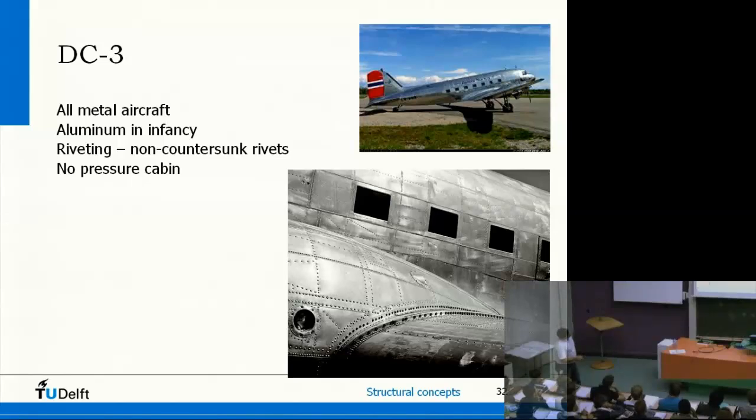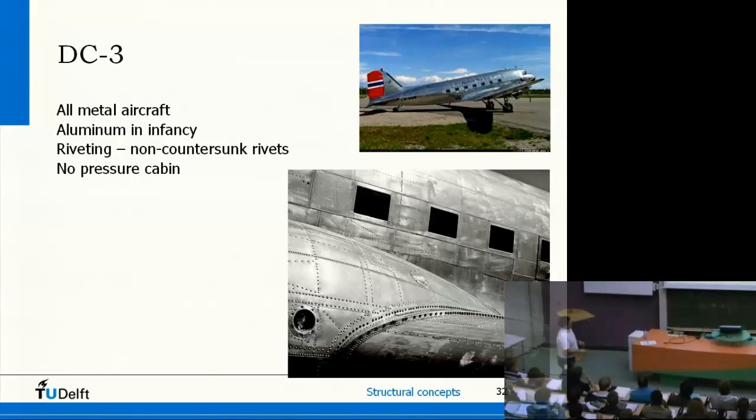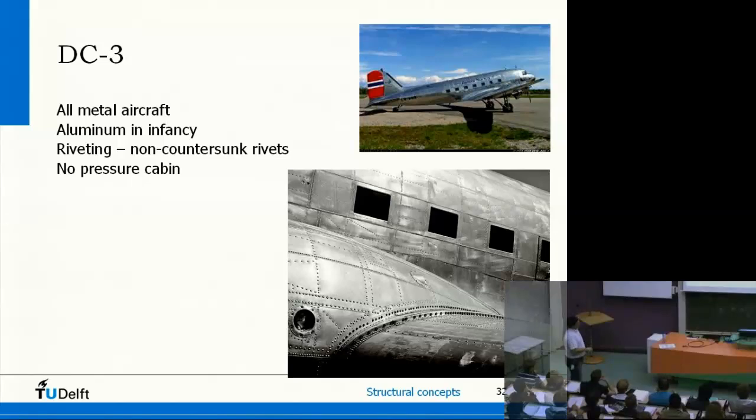If you look at this one, you see a lot of protruded head rivets. In Dutch, bolkopnagels. Not countersunk rivets, but protruded head rivets. That was in the early stages, because they were not able at that stage to make them countersunk. Shortly after, ten years later, they also had countersunk rivets, so you have a flush outer surface. But the piece in our collection has these protruded head rivets. And that's very nice because it is one of the first pieces made.